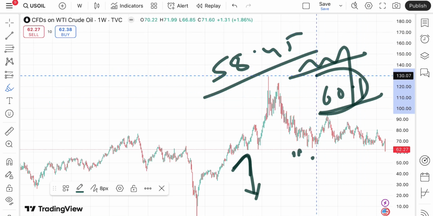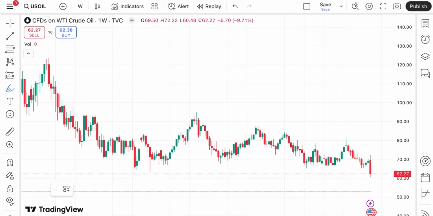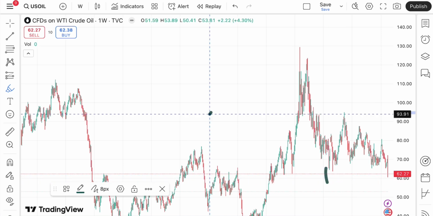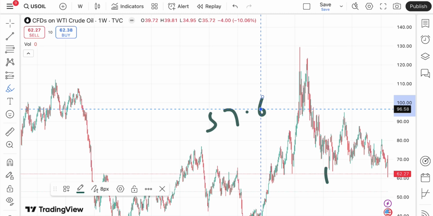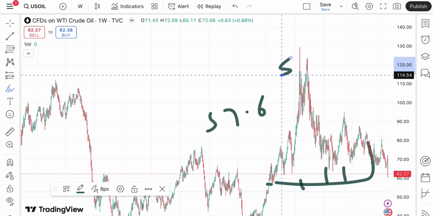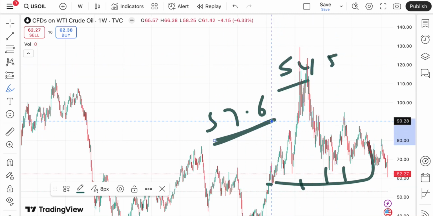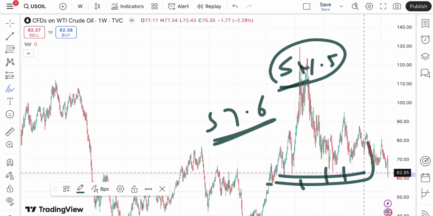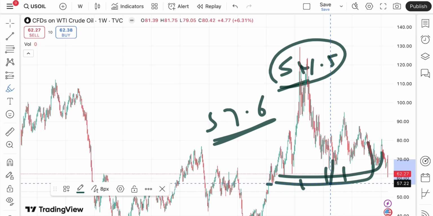Suppose if the price started falling below 60.1, 58.45, and once it started falling below this level, it will fall below a level of 57.6. Okay, and then there will be a zone breakout again, because this level we have not seen since Jan of 24, so chances will be high it will touch a level of 54.5. After 57.6 we can see a level of 54.5, and then further low. So remember this, if the price started falling below a level of around 57.2, chances of falling further towards 56 will be there, and then to a level of 55, to a level of $54.5.